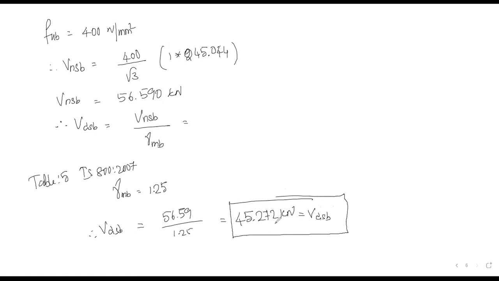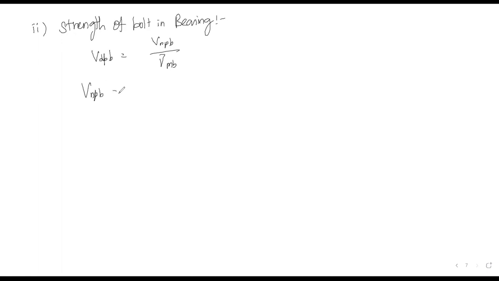Okay. Next, in bearing, what is the strength that we have to find out? So, strength of bolt in bearing. Okay. So VDPB is equal to VNPB by gamma MB, whereas VNPB is equal to 2.5 into KB into d into t into FU. So first KB we have to calculate. So KB is the smaller of